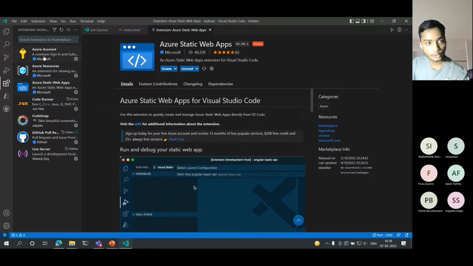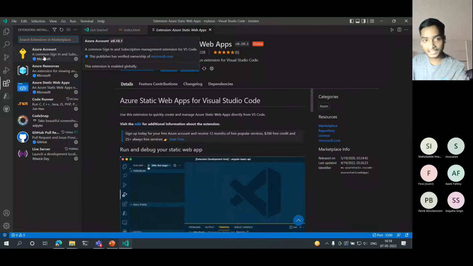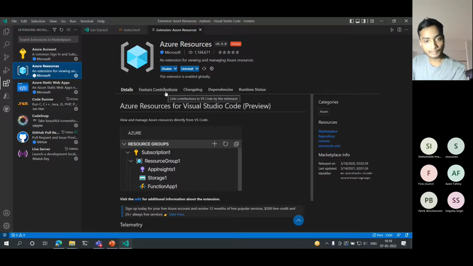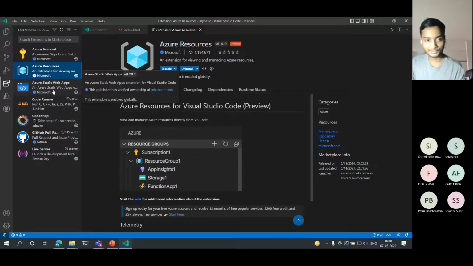Before using Azure, you have to have an Azure account, and the resources will be managed over this server. This extension will manage all the resources over the server. So do not worry about that. It takes very little space. It's actually free.